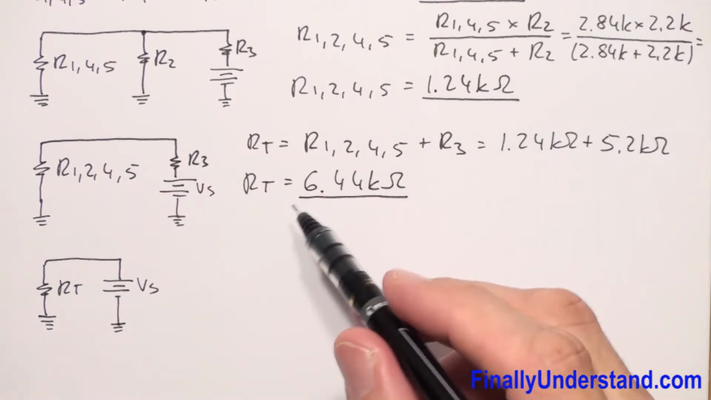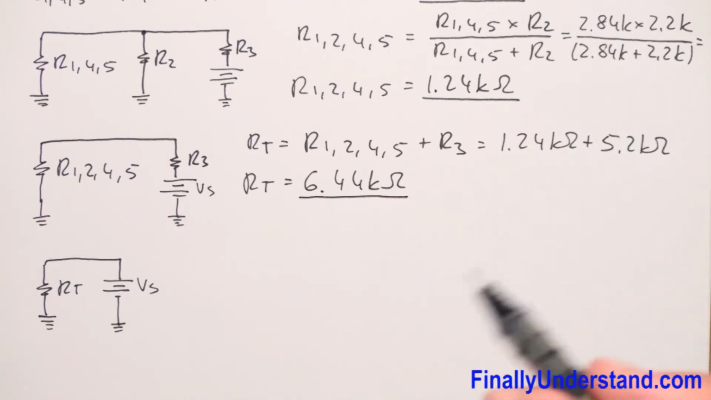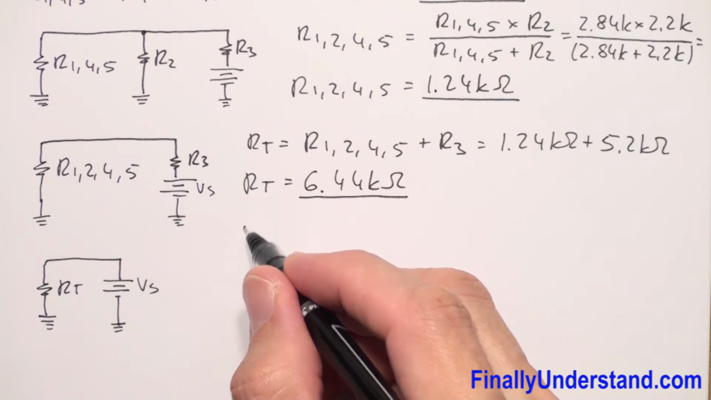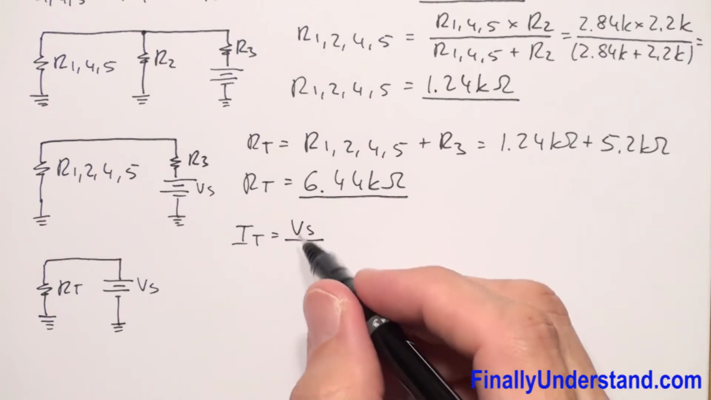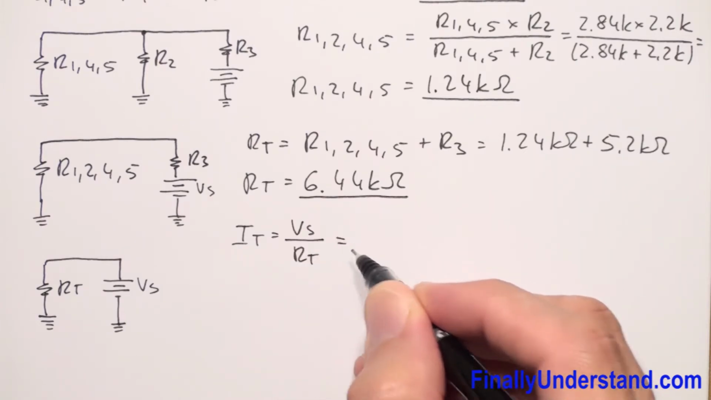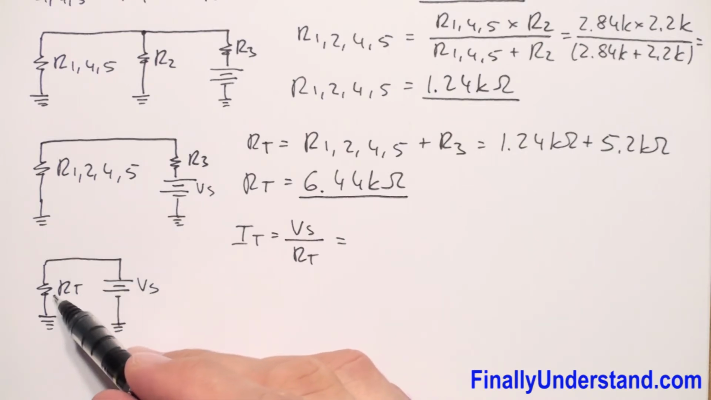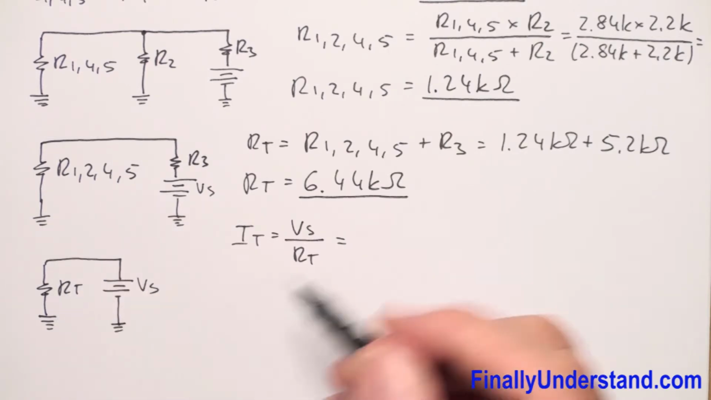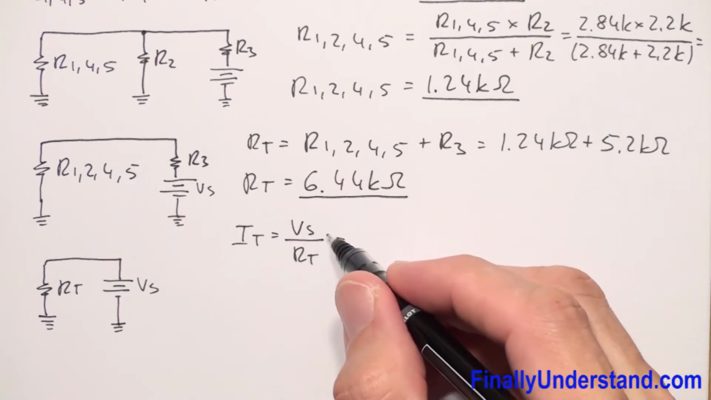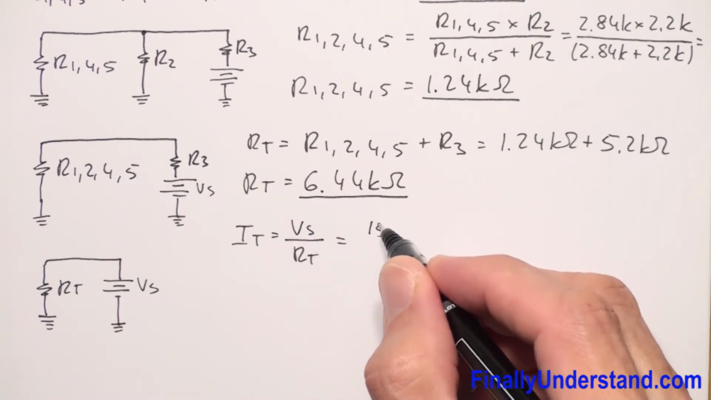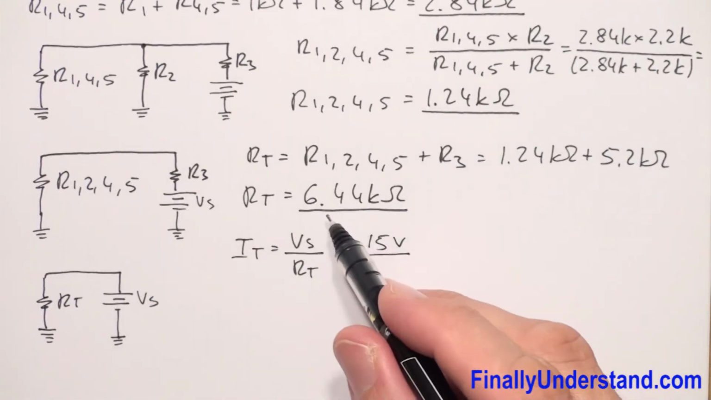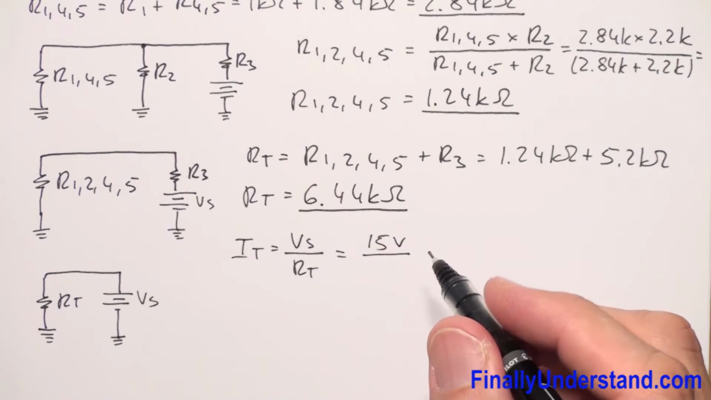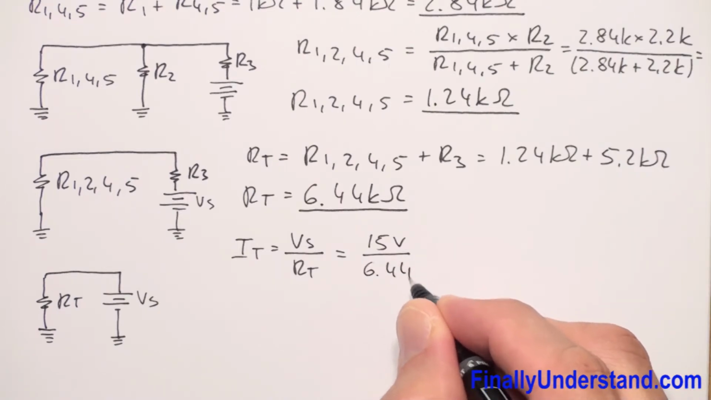Next, when I have total resistance, I can find the total current. Total current, I total, is equal to voltage source over R total. Because I have voltage source and I have total resistance, I have just one resistor at this moment, so I can find very easily the total current. So voltage source is given, equal to 15 volts, divided by total resistance, we have 6.44 kilo ohms,